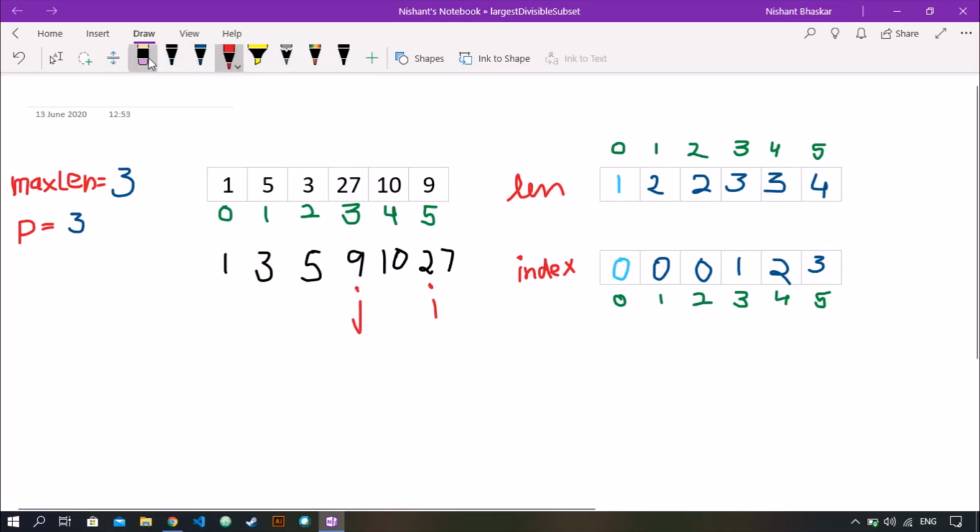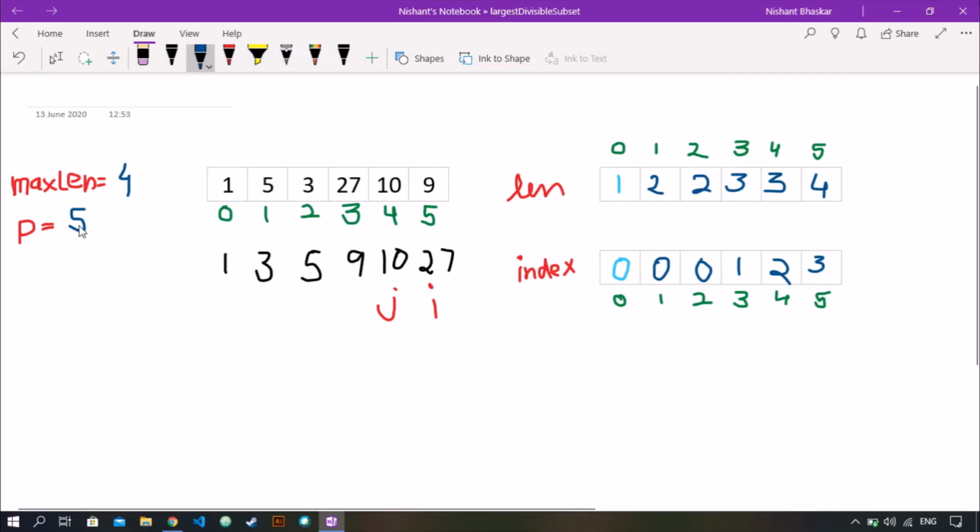and for the last value we check 27 is not divisible by 10, so here we completed another subarray, and we check if the current length is greater than max length. Yes, it is, so we update this. So the answer max length will be 4 and p will be updated to i, that is 5. Okay,